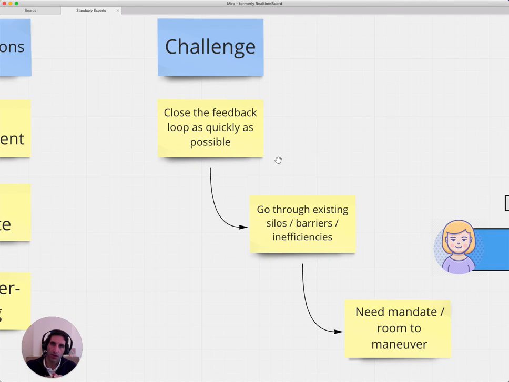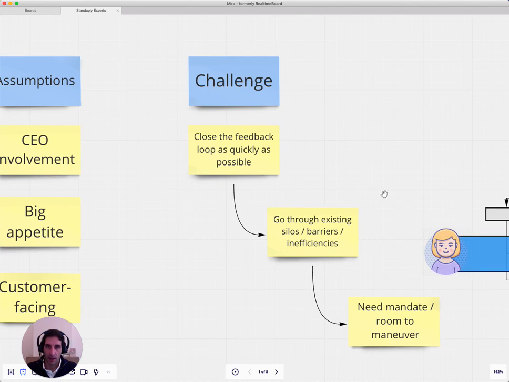So closing the feedback loop will be the big challenge for them to say, okay, how do we get out of this old structure in a way that we want to listen to our clients better and better? To close this feedback loop, you have to go through existing silos and barriers and efficiencies, whatever it is in the organization. So you need to have the mandate to be able to maneuver within this project.